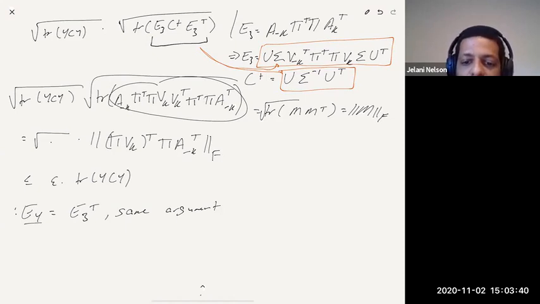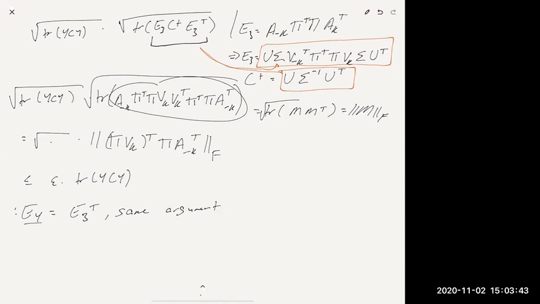I have a question about E2. So projection